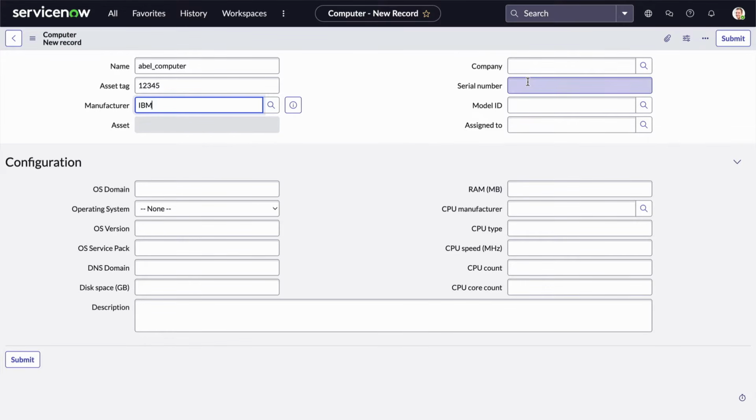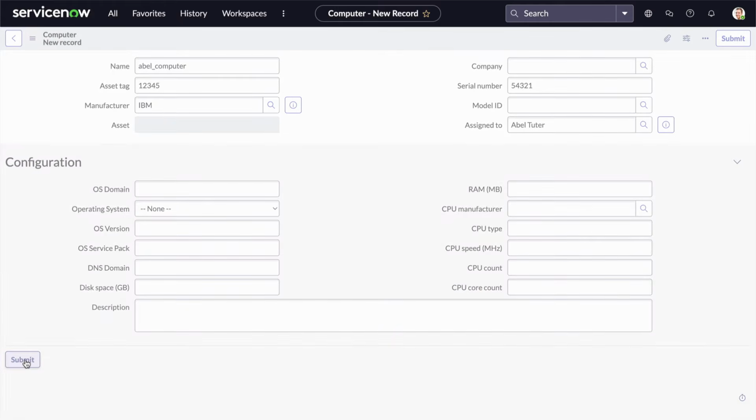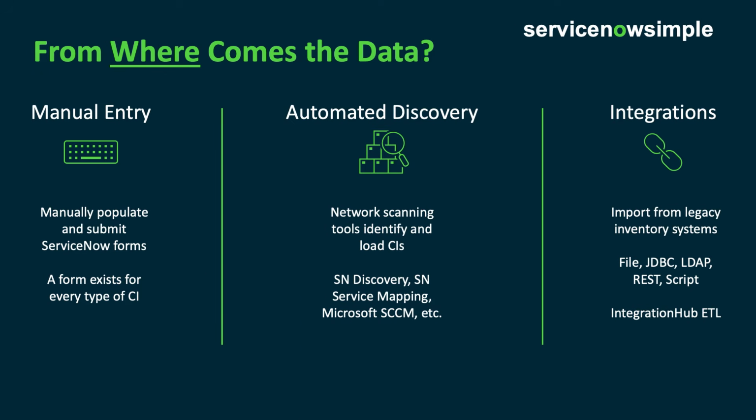Here's the issue with manual entry. It takes a lot of time and effort, and it's a bit error-prone. And it's not uncommon for a CMDB of a mid to large size company to have hundreds of thousands or even millions of configuration items. Manual data entry will probably always be an important option, but it can't efficiently be the primary method of CI